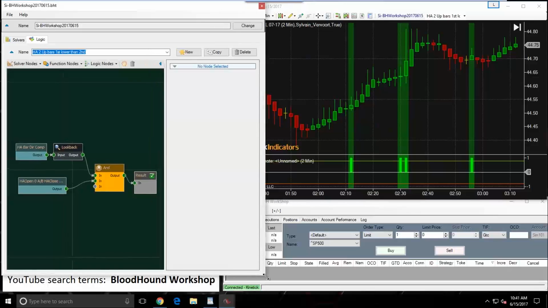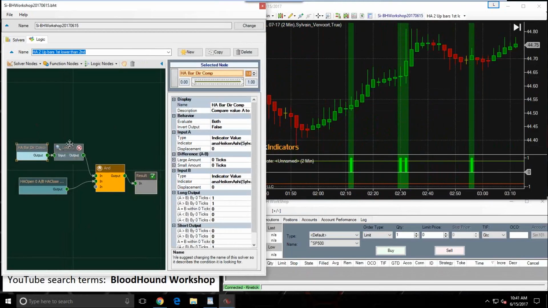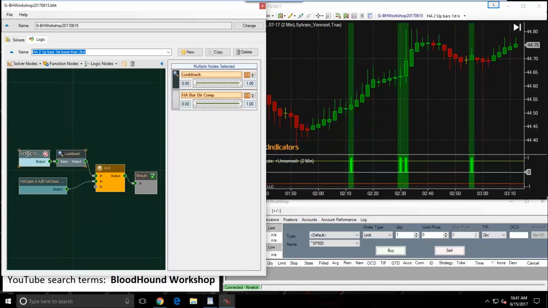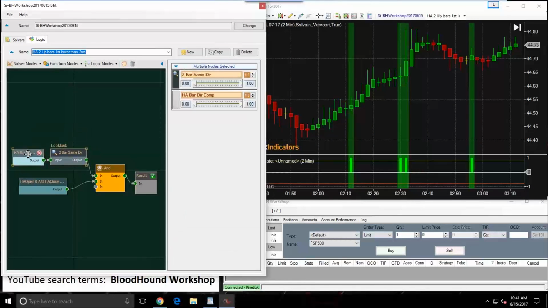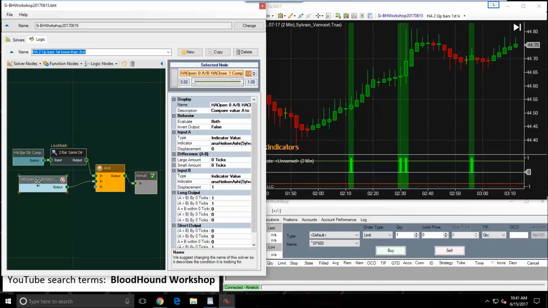So I think that addresses that question there. Just to summarize, up top here we've got two nodes that are detecting the bar direction, and this one is looking for two bars in the same direction. There we go. So again, this is looking for the bar direction, and we're making sure we're getting two bars in the same direction. And then this is looking for the actual condition, of the open being higher,